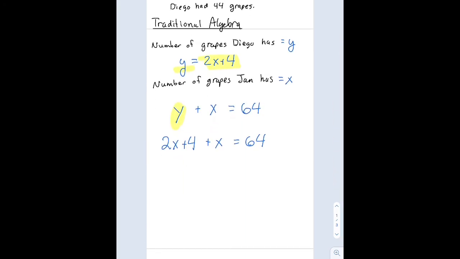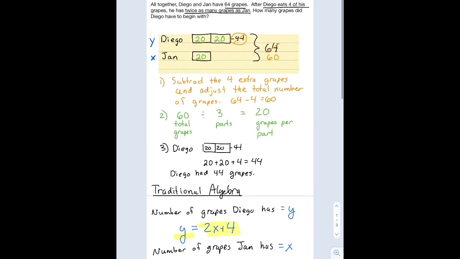I'm going to combine my x's. I'll have 3x plus 4 equals 64. And then I'm going to subtract 4 from each side because I want to maintain my equality. That matches. We got rid of our 4 here. We subtracted it off. We had 3